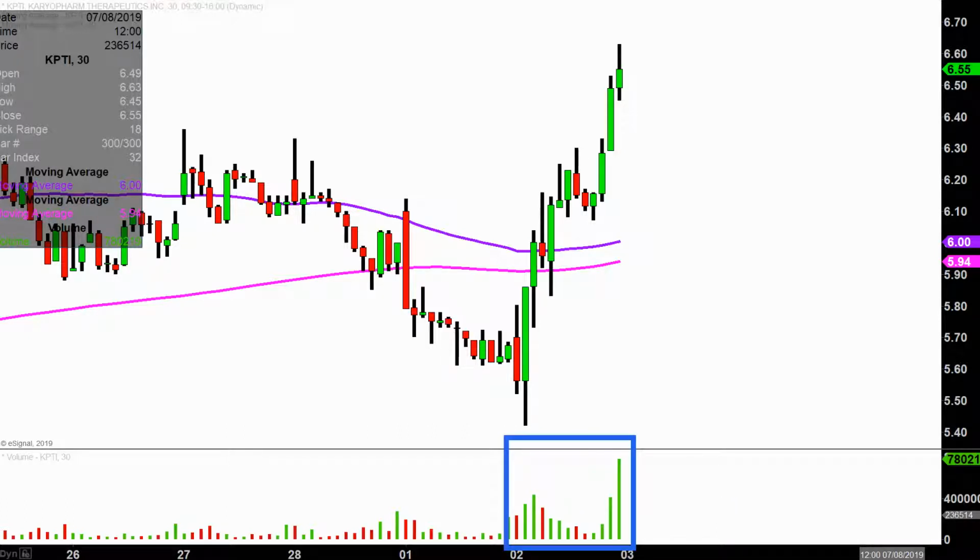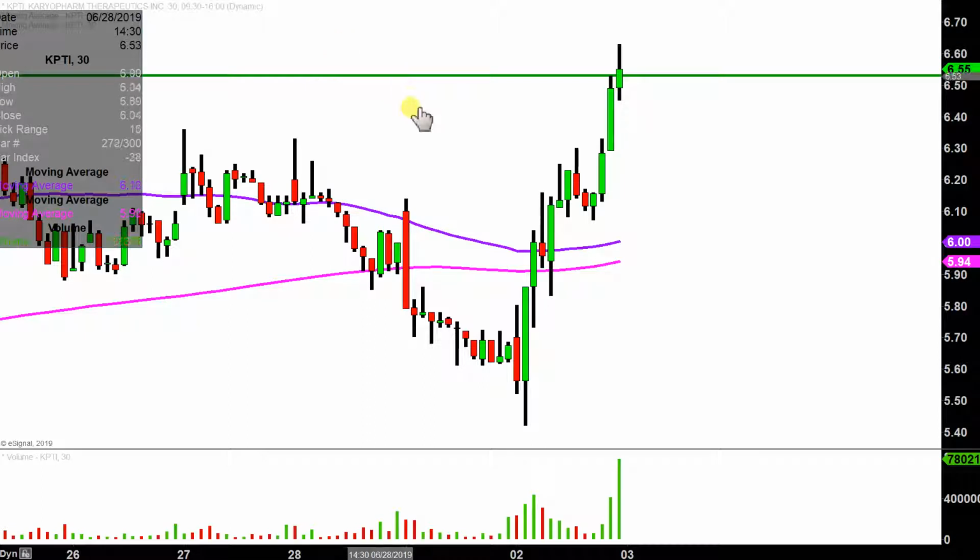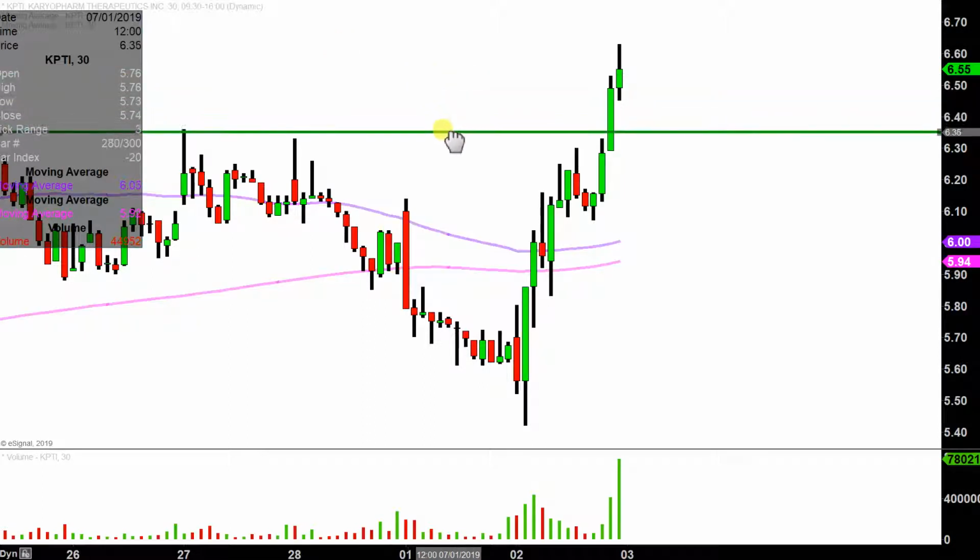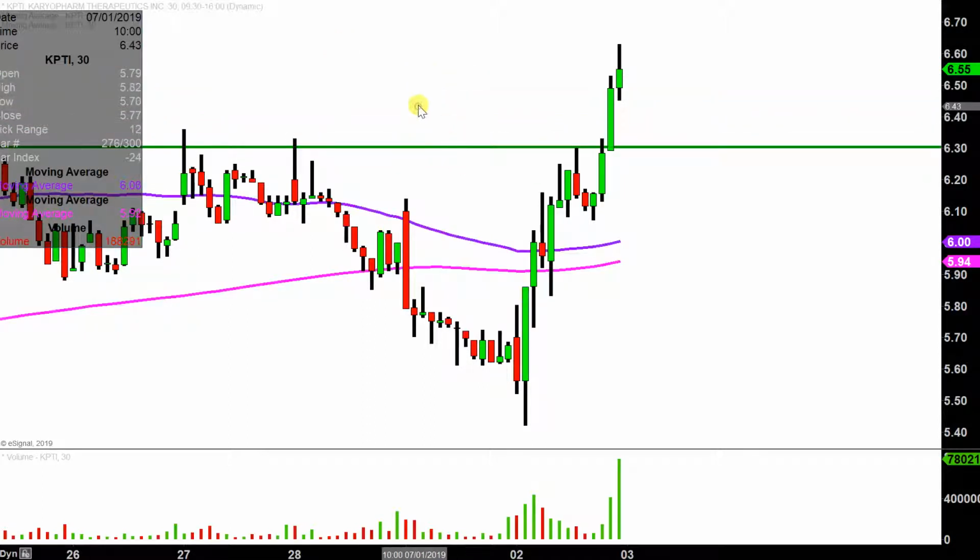So let's map out some areas of support, then we can talk levels of resistance. The first level of support is what I would call the ideal level. If you say, hey Clay, what would make this chart look the absolute strongest going forward? That would be if the price can stay up there above $6.30. Now don't get me wrong, if the price falls below $6.30, I am not saying the entire chart is destroyed or ruined or anything like that. But if the price could manage to stay up above that level, that would definitely be a massive sign